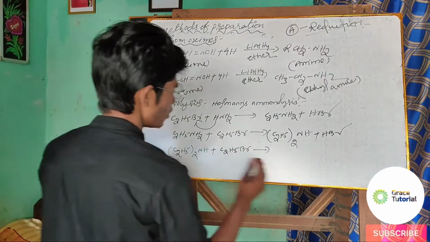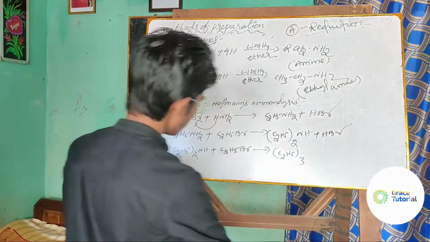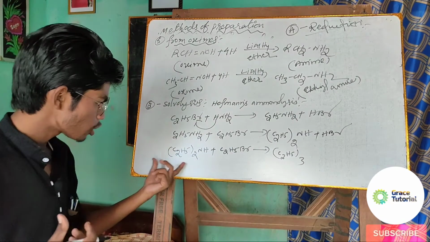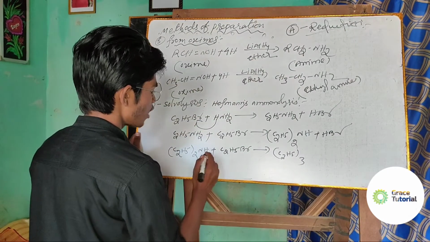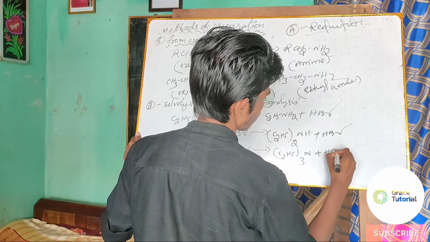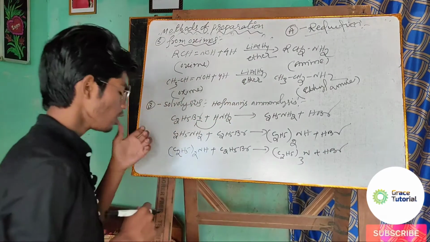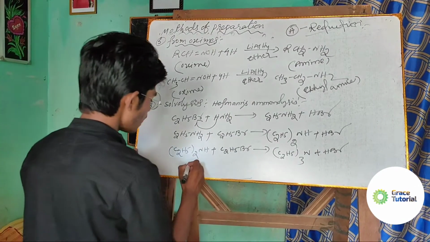then what happens here? Now it becomes 3, because here C2H5 two is there and here C2H5 one. So (C2H5)2 and C2H5, that is (C2H5)3. And this hydrogen goes with bromine, that means one HBr is obtained. So this is triethylamine. This is what is obtained here, triethylamine. So when the triethylamine